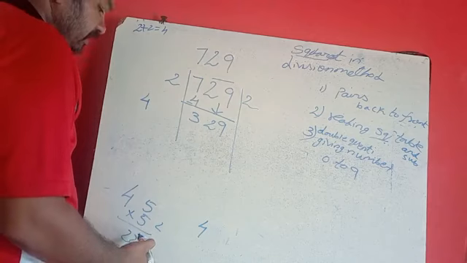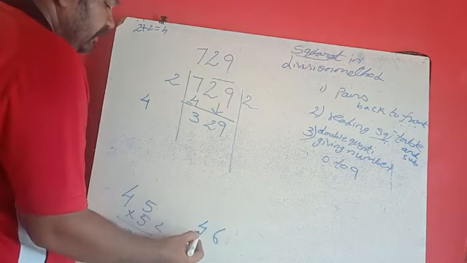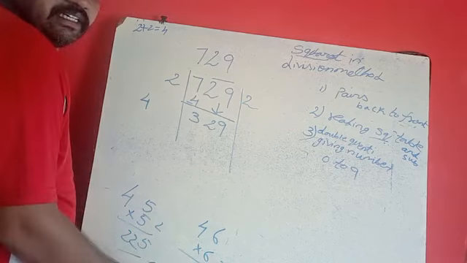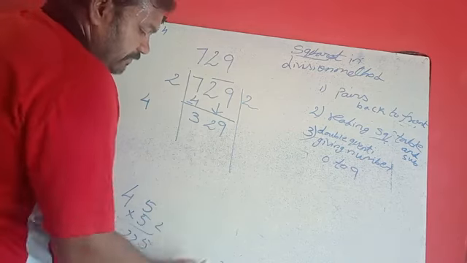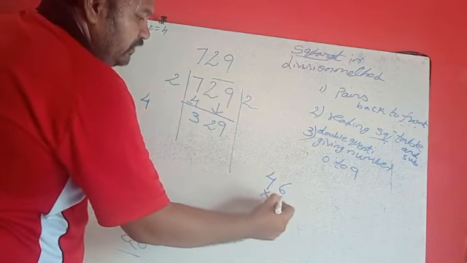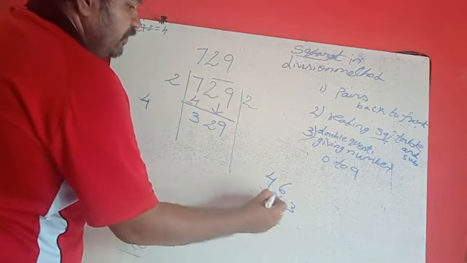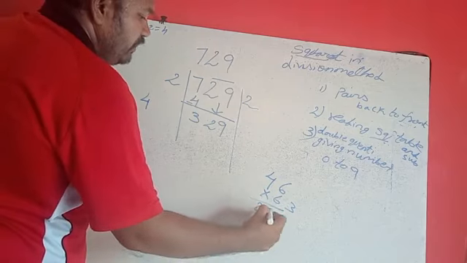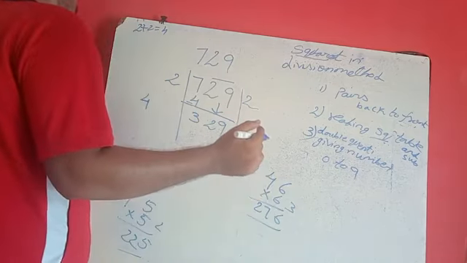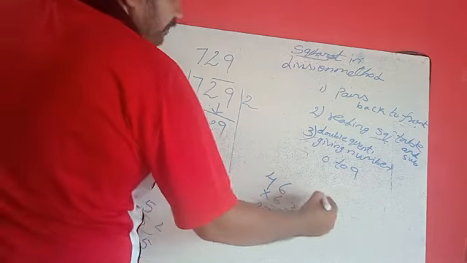I will start with this 6. 4 is the double one. I am giving 6 into 6. 6 6s are 36. 4 6s are 24. 25, 26, 27. Not nearest one. Go for the next number. Up to where you have to go? Like that, up to 9 we have to go.